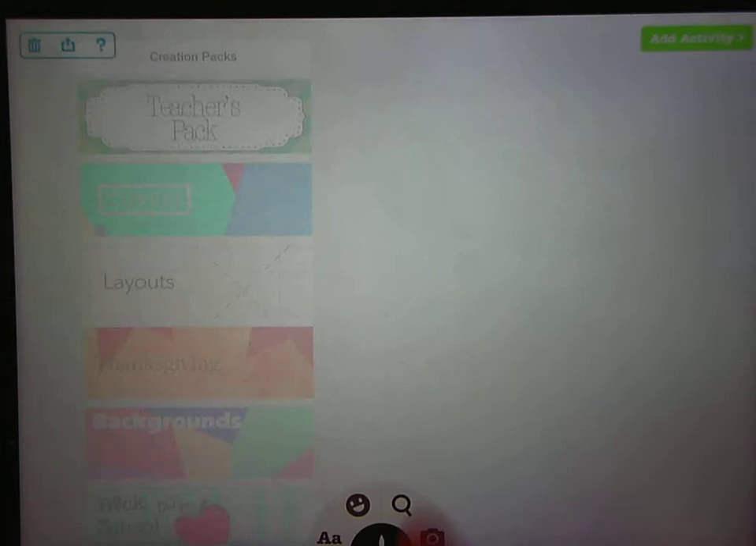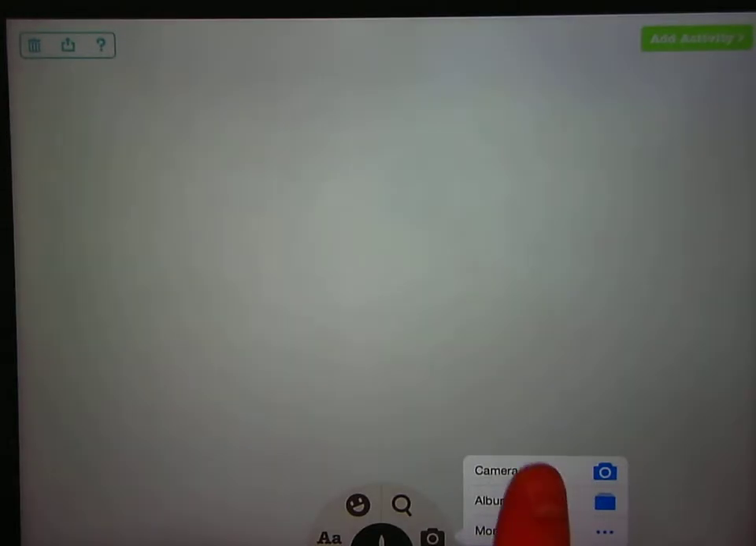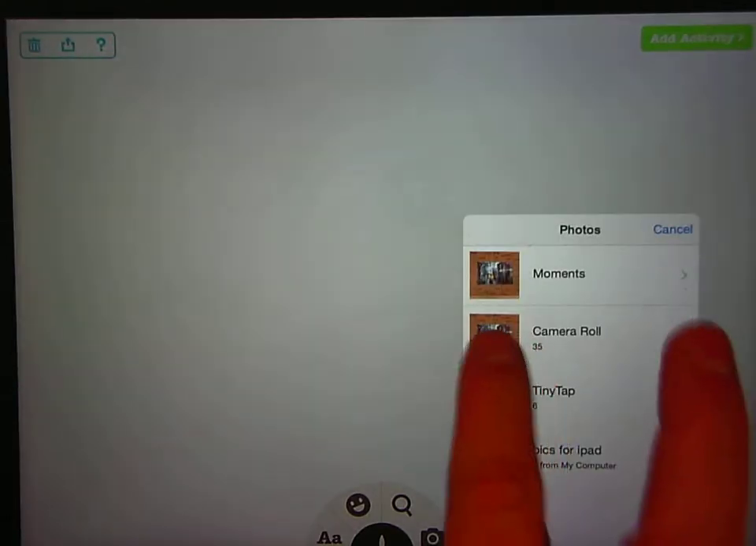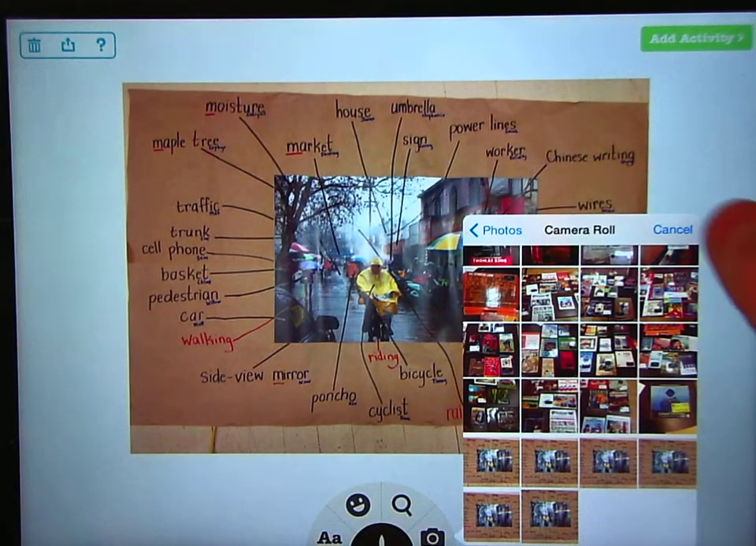tap in the blank space to get rid of the Creation Packs menu, and then tap the camera icon to load a picture of your PWIM poster with the words already shaken out. If you haven't taken one yet, you can tap camera, walk up to your poster and take one. If you already do have one, just hit albums, go to your camera roll, grab the picture, hit cancel to